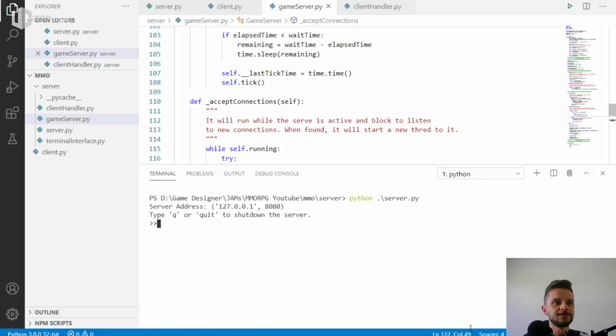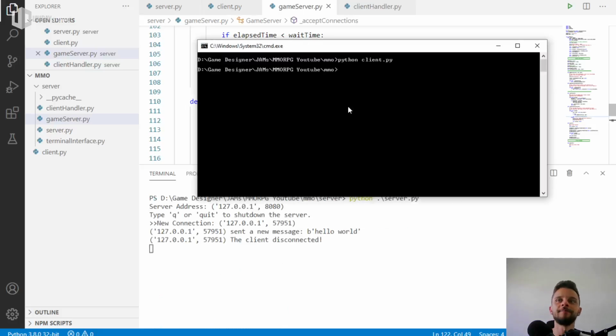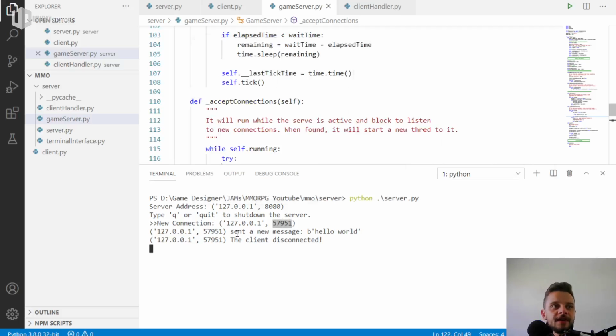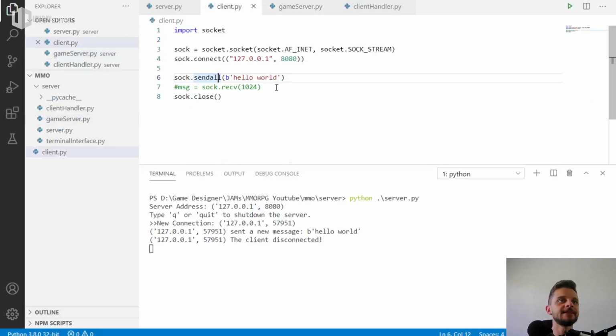Python server, it's running, and if you run the client, you can see here new connection, then you have a new message, and then client disconnected. You have the disconnection of the client. It shut down, and that's okay. Okay, so we no longer have this client connected in the server, and we can adapt this client here to